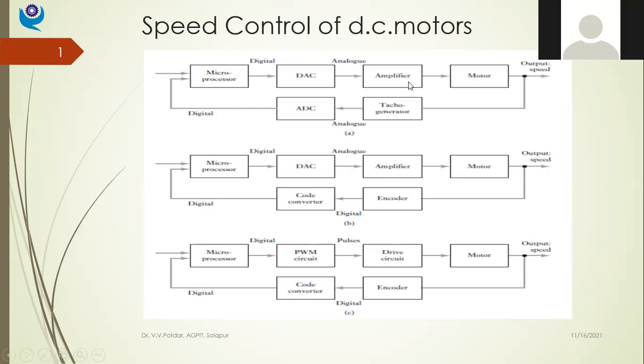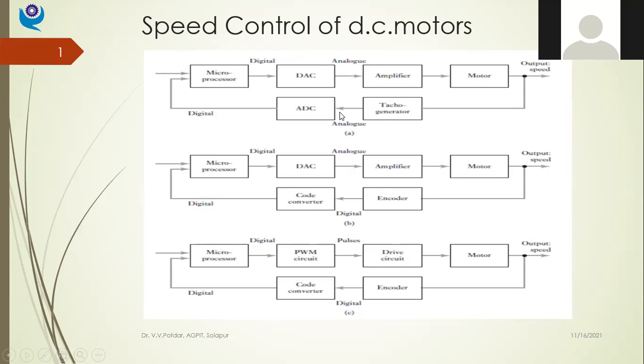So that way, this amplified analog signal will be given to the motor, either to the armature or to the field circuit, so that the speed of the motor increases. With increase in voltage, either the field voltage or the armature voltage, the speed of the motor will be increasing. Now that increasing speed once again will be sensed by my sensor transducer, that is tachogenerator, and it will start